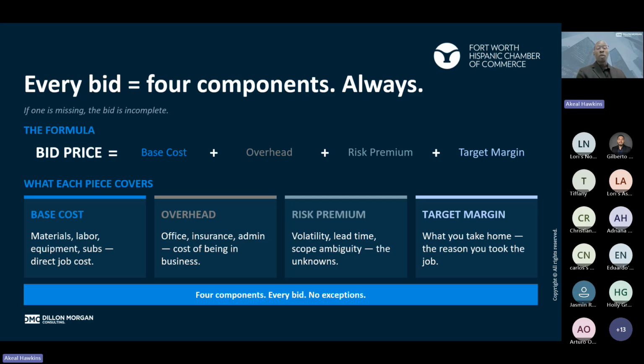So in our example before, we talked about 10,000. 10,000 is an easy number to use. So if you have a $10,000 base cost, but you forget overhead, you forget recovery, the job might be won, but a lot of it's being funded with the business. Right? So if the premium gets ignored, volatility, material, so everything, again, you could still win the job, but now